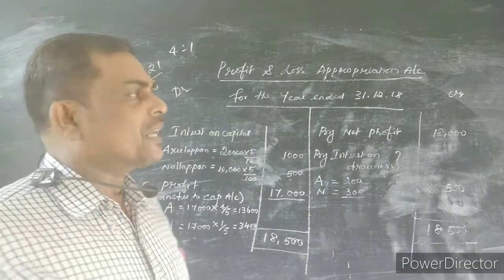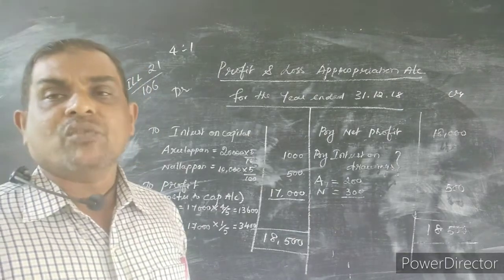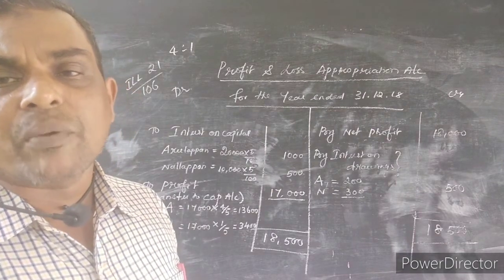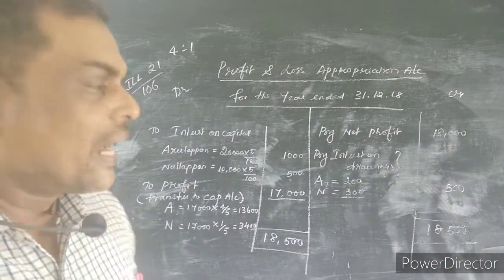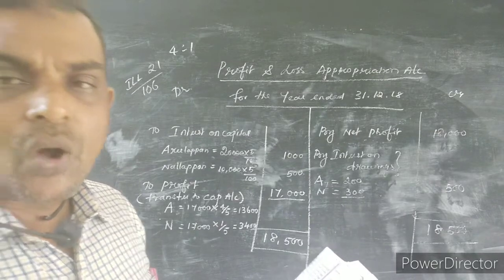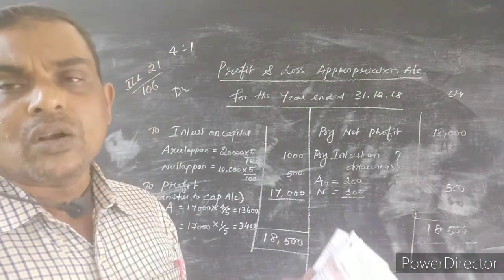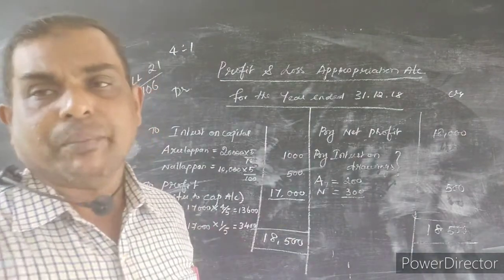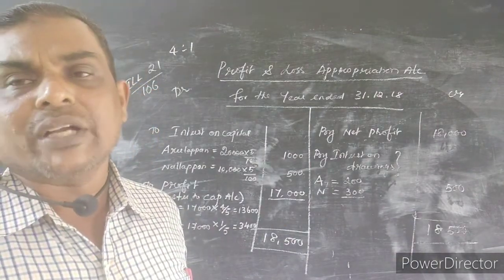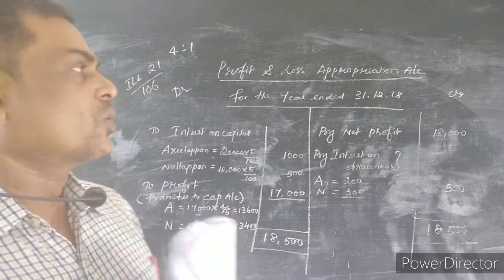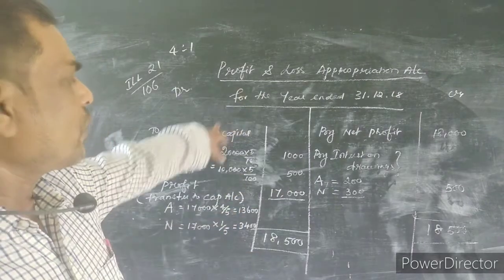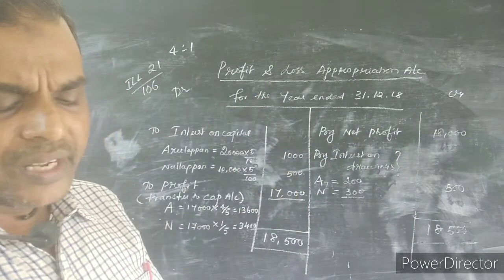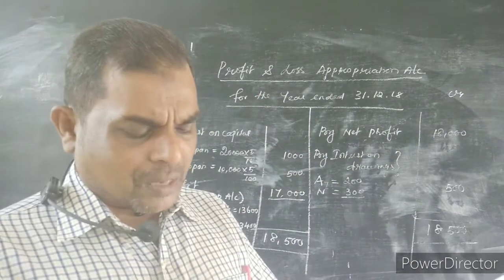Okay. So profit and loss. If we get the profit, what is the transferring of profit entry? Profit and loss appropriation account debtor to Arulappan's capital, to Nallasami's capital. Suppose we get loss, the entry will be reversed. Partner's capital account debtor to profit and loss appropriation account. Now we got the profit. That is why profit and loss appropriation account is debited. Partner's capital account credited. So here see the page number 107.